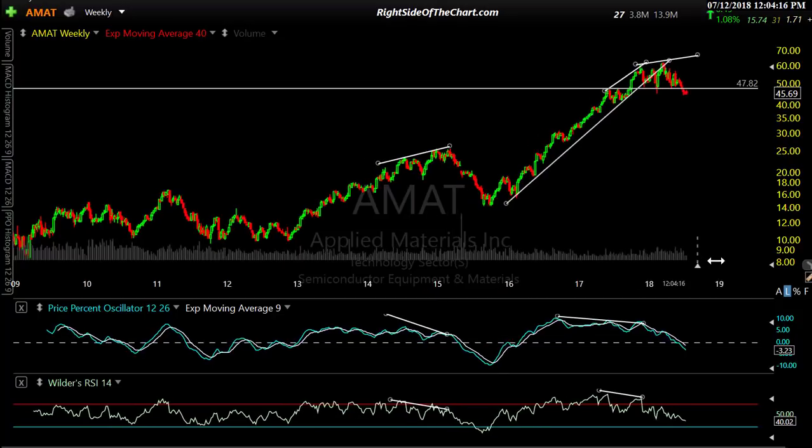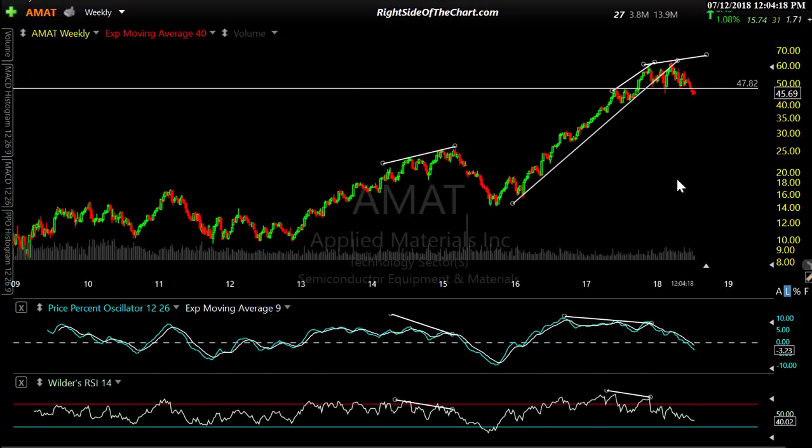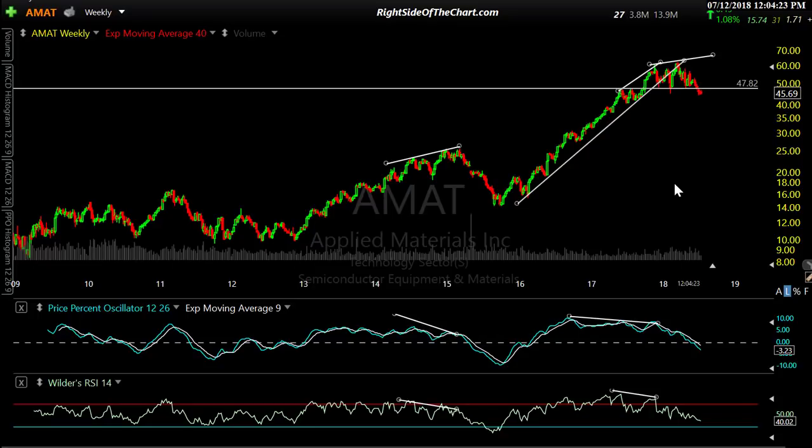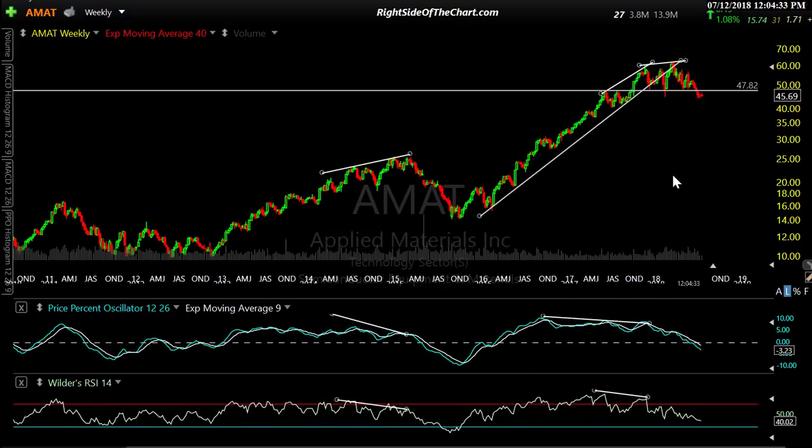And this is a key stock. This is a chip equipment maker. They make the equipment that makes semiconductors. So when demand slows, you see it first. These are the canaries in the coal mine for the chip sector, which is the canary in the coal mine for the tech sector. So when you see chip equipment makers start to roll over like Applied Materials,